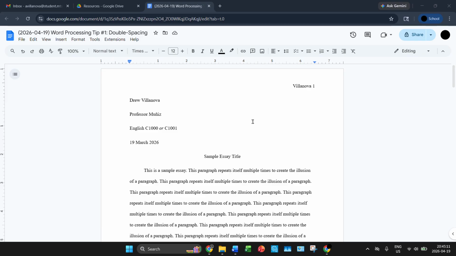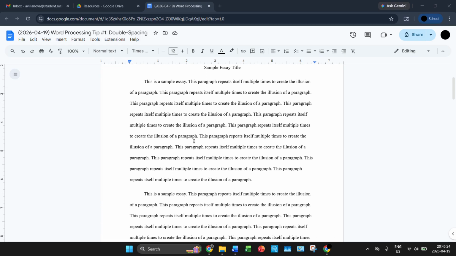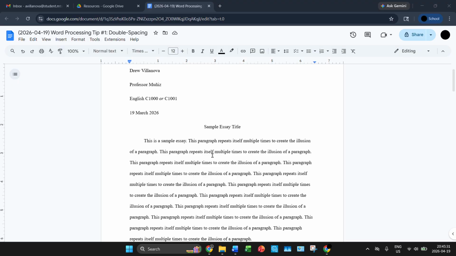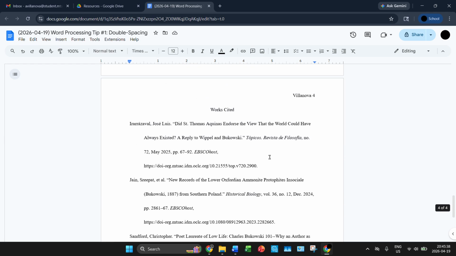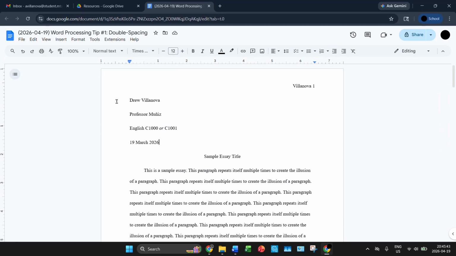As you all know, for MLA 9 formatting, you need to have double spacing for everything on the document. As you can see in this sample essay template, the lines within the paragraphs are properly double spaced. However, if you notice between the title and the first paragraph, this section at the top of the document, and the works cited page, that the spacing is a little off. So to fix that,